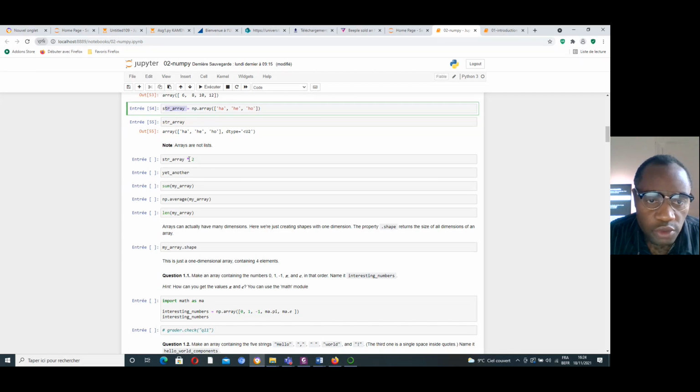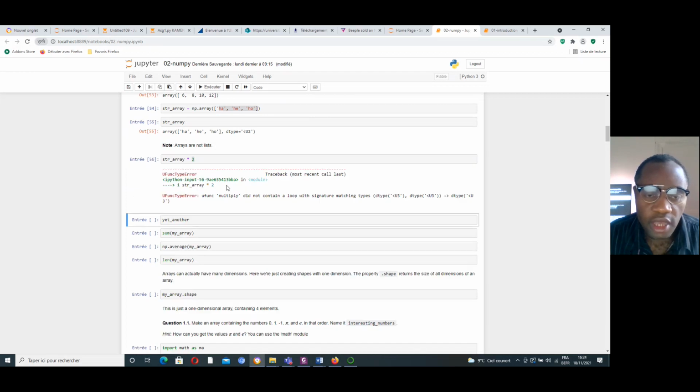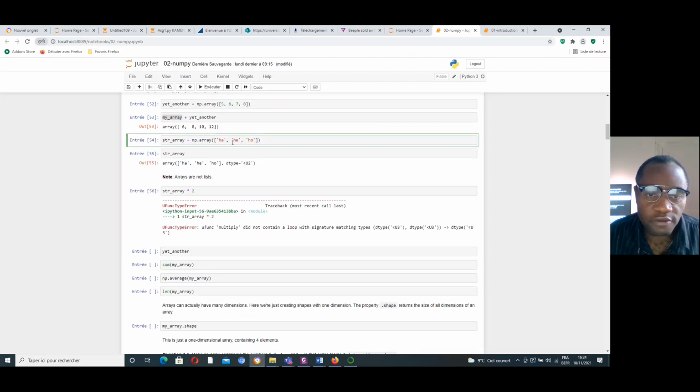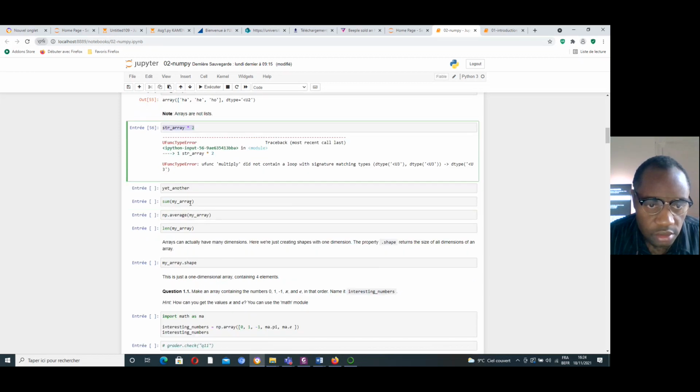If I want to multiply this list by 2, let us multiply. But is it possible to multiply a string by 2? Let us execute. No, I get an error. I got an error because it's not possible. Here it is not an integer or a float. It's a string object. It's not possible to do this operation.